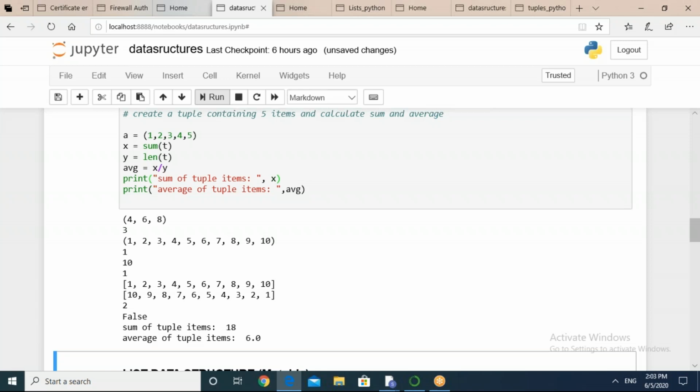So from my end, the contents I have delivered, and in this session, we have covered tuples and we tried to understand what are the different operations that we can perform on tuples also, as we did for list, and we did the practice also for all. And I thank all the participants for their active responses, and many of the candidates have responded for every question. And those who are unable to do, we will share this material with you so that you can do it later on also.